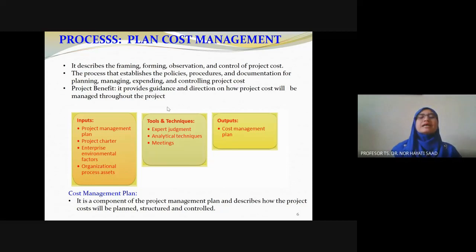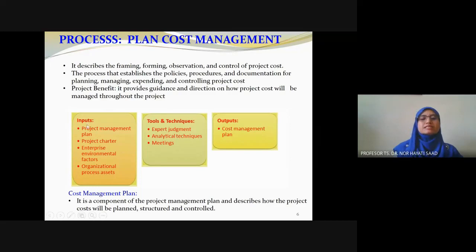At the same time, for example, we may want to use the capital investment that you already have in your account, your own company cash flow. Or let's say you need to borrow some money. The project will be funded by a certain company, or you borrow from a bank, let's say. How do you want to pay back the bank, let's say? Those kinds of things are in the cost management plan.